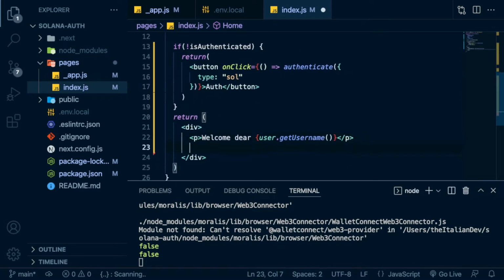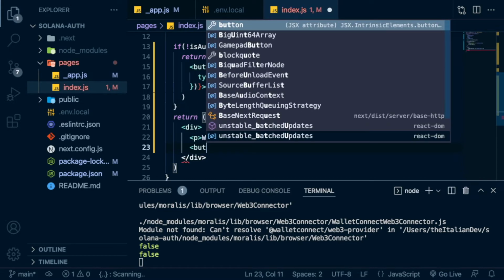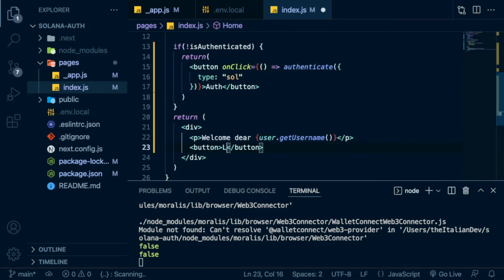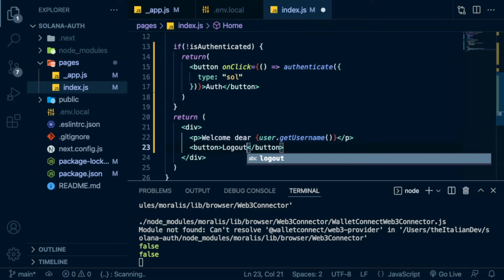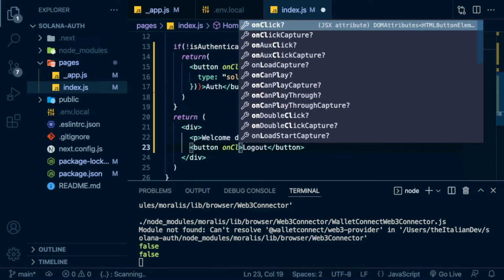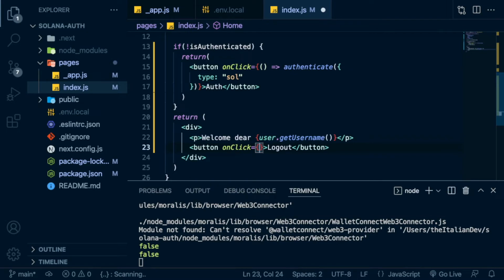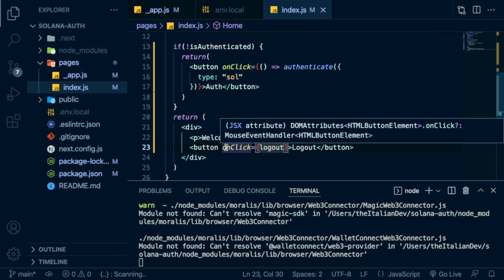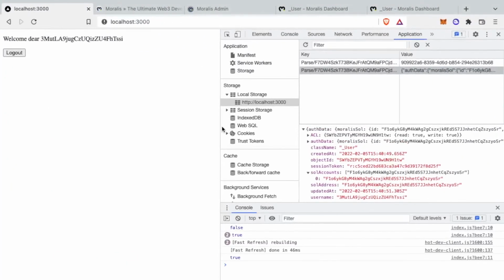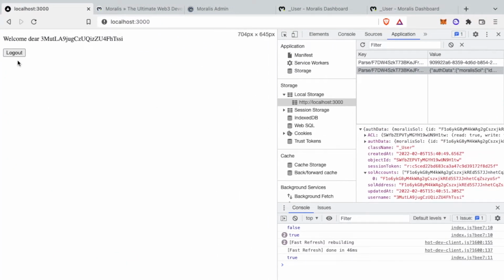Now we can go right down here, create a new button saying logout, and on the onClick JSX attribute, now call logout. Save, go back into the Brave browser, our amazing logout button is showing up, and I can just click